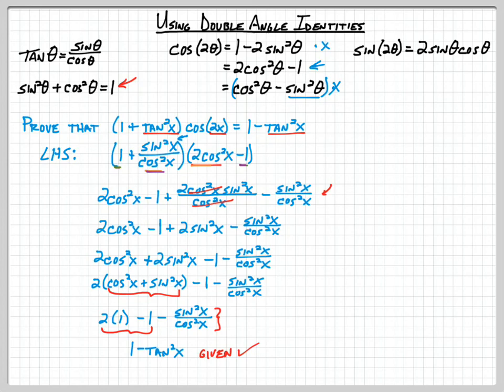Now again, we could have gone from 1 minus tangent squared x up to the other value, but it might get a little bit more complicated because we'd have to start plugging in things for just one, and that might be a little bit more complex. So I like to go from the bigger side to the smaller side. So anyway,